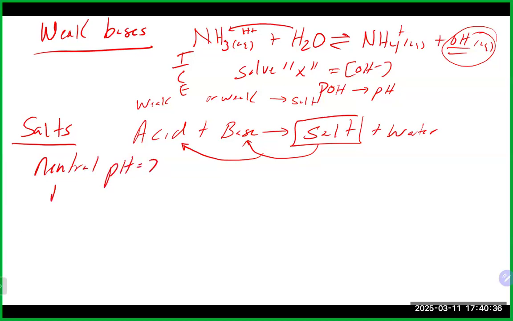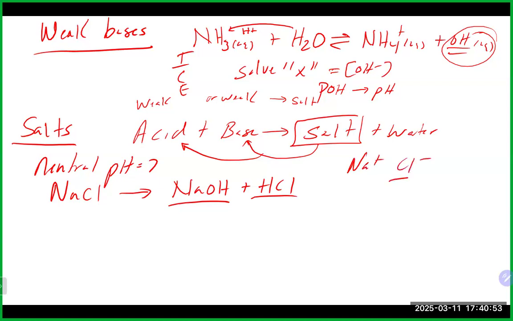Again, if you took something like sodium chloride, as we talked about, it most likely came from sodium hydroxide and hydrochloric acid, both a strong acid and a strong base. Both of those are parts of the salt, which is the sodium ion and the chloride ion. Neither one of them will go through hydrolysis, and the pH here should be 7. Now, it is possible, again, to have a basic salt